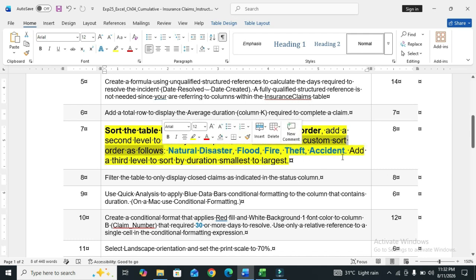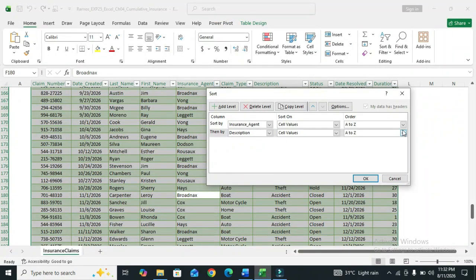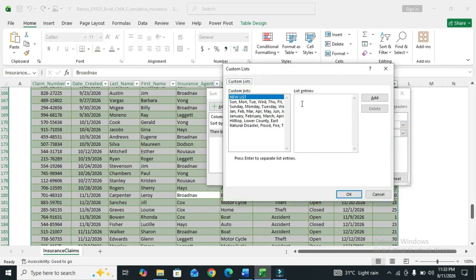So simply copy this and go to the custom list and in this list entries tab, paste it and simply click on add, and these entries are added as separate list entries.